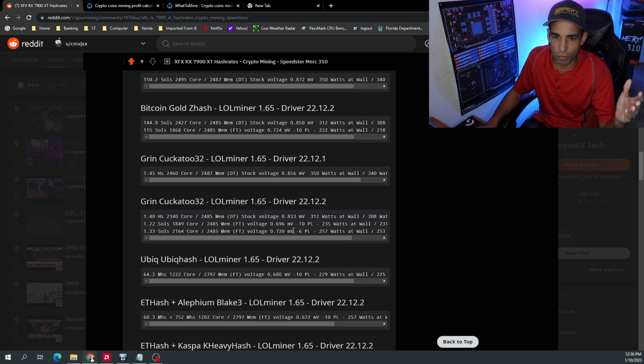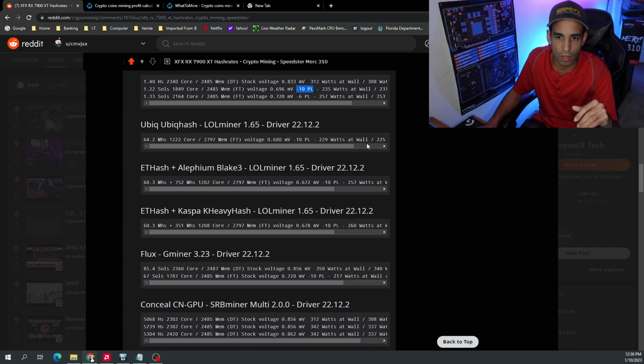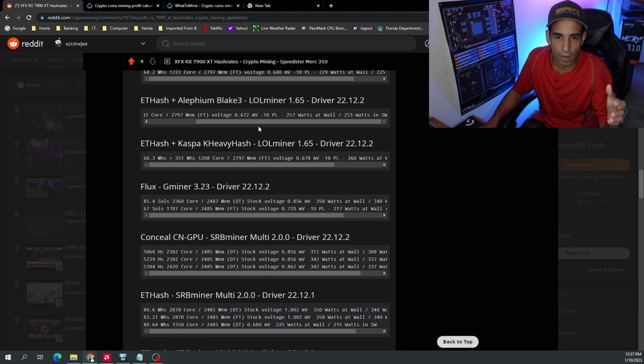Playing around with the power limit, because you can lower the power limit. And I do add that in towards these lesser charts for these more core-intensive algorithms. 250, 257 watts thereabouts. EVGA hash, I did test that out, kind of the same thing as we've seen with some of the other algorithms when you're tuning and reducing the power limit. I did do some dual mining. So ETH hash and Blake 3, 60 mega hash and 752 mega hash at around 257 watts at the wall or 253 in software. ETH Kaspa or KHeavyHash, 60 again or 350 mega hash at around 255 software,